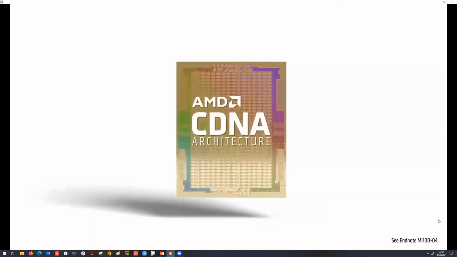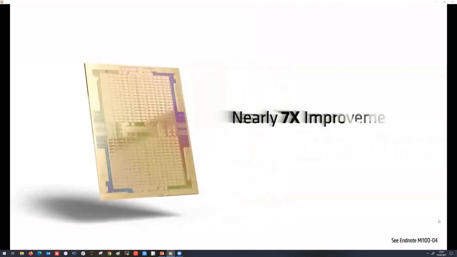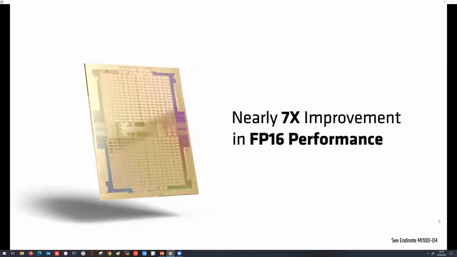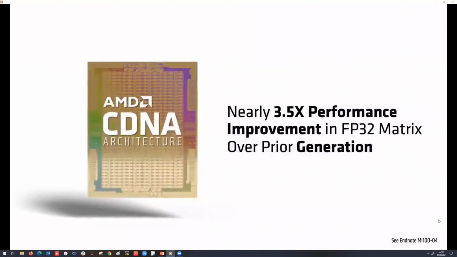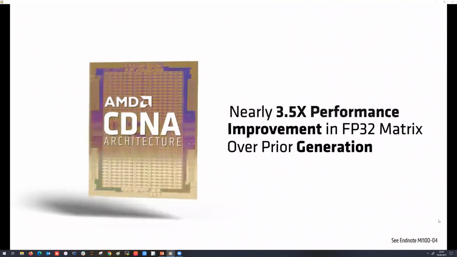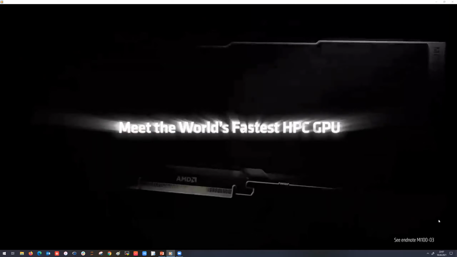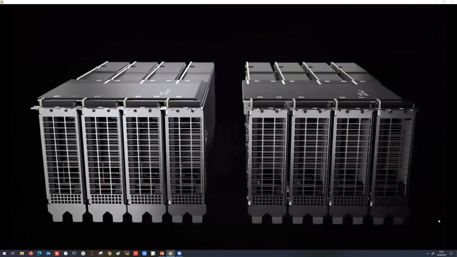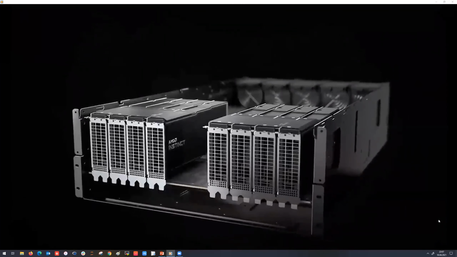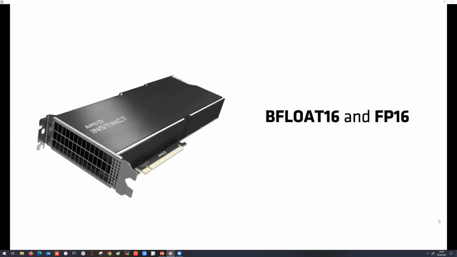The CDNA is just purpose-built to do computational math, and that's being realized with a nearly 7x performance improvement in FP16 performance, as well as nearly a 3.5x performance improvement over our prior generations. Tremendous results with this new architecture. The AMD Instinct MI100 is going to be the world's fastest GPU for HPC. It breaks through the 10 teraflop barrier, providing almost 11 teraflops double precision matrix multiply capability. The MI100 is the device that's on a path to exascale. It also gives you all the capability you need to do your AI workloads, such as bfloat16 and FP16 low